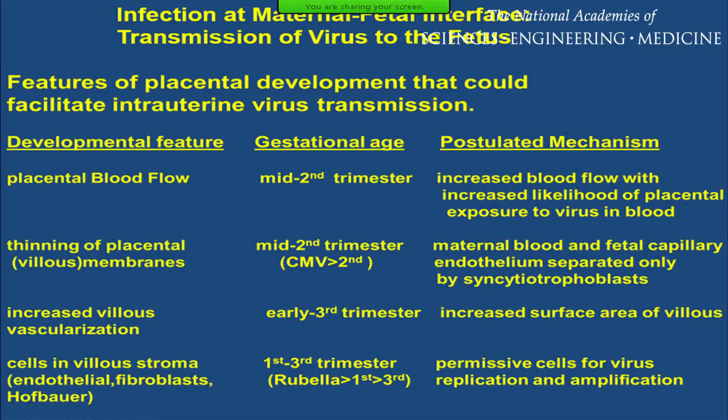As I mentioned, during the mid to second trimester, the covering of the villus thins, such that the only thing that separates maternal blood from the fetal endothelium is the basement membrane of the syncytiotrophoblast. So, again, easy access to the fetal circulation. In addition, there are a variety of cells in the villus stroma: endothelial cells from the fetus, stromal fibroblasts, cytotrophoblasts, and macrophages